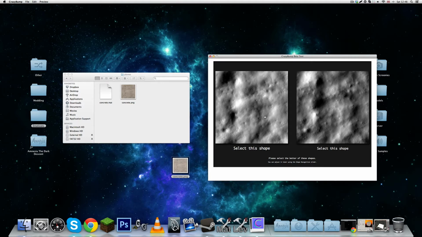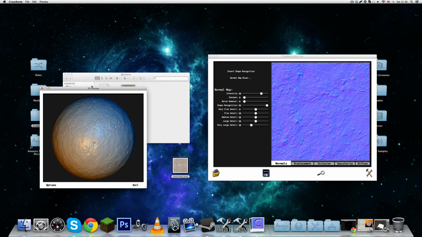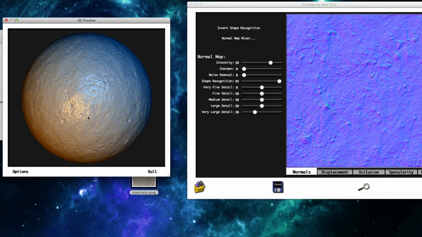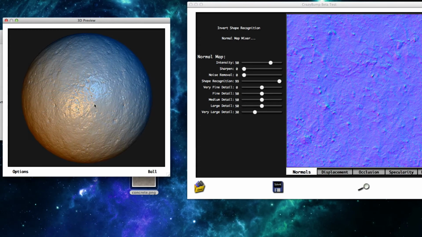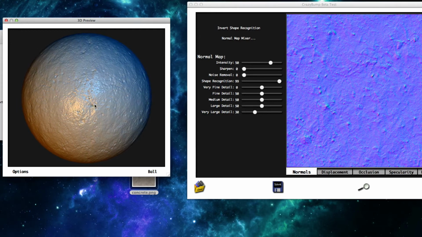I'm gonna also add a specularity map, which changes the way light travels over this texture as well. So I'm gonna select this one. I usually do, but it depends on what you want it to look like, because the light is gonna be up and the dark is gonna be down, I believe. So I'm gonna select this one, and it looks like this, and there is a 3D preview right here, and as you can see, the texture now looks like it's a ball. I mean, this is exactly a ball, but the texture makes it look like